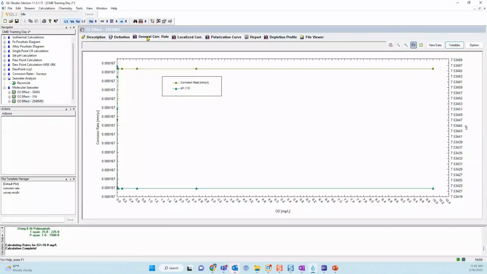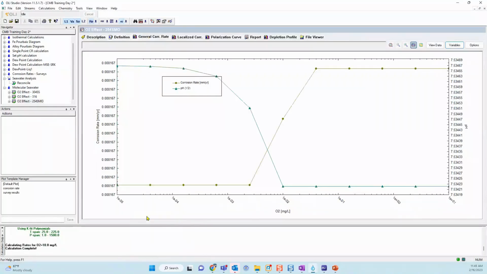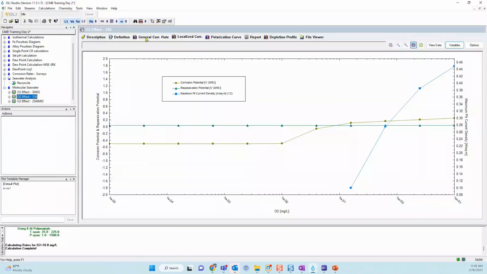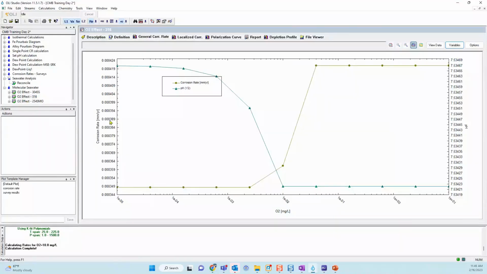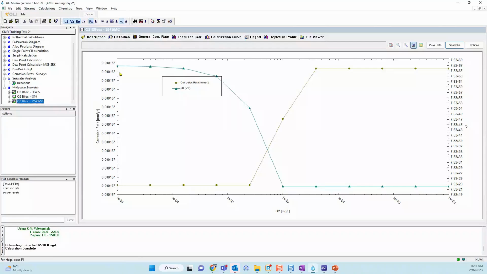And then we go to the general corrosion rate, logarithmic scale. The general corrosion rates are even lower, right? These are 1.6 × 10^-4 compared to, well, this is 3.8 × 10^-4, but it's lower. And virtually the same. Notice that it's the same value no matter what oxygen concentration you have.